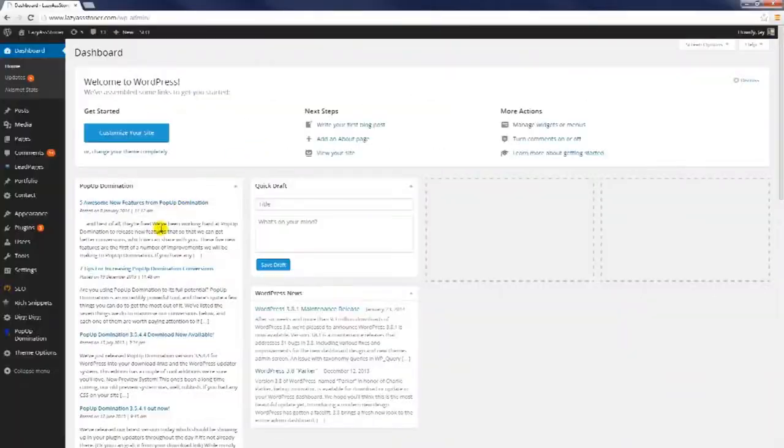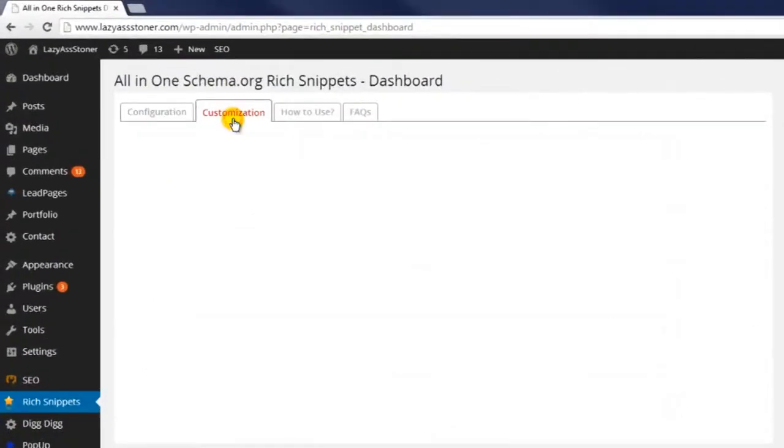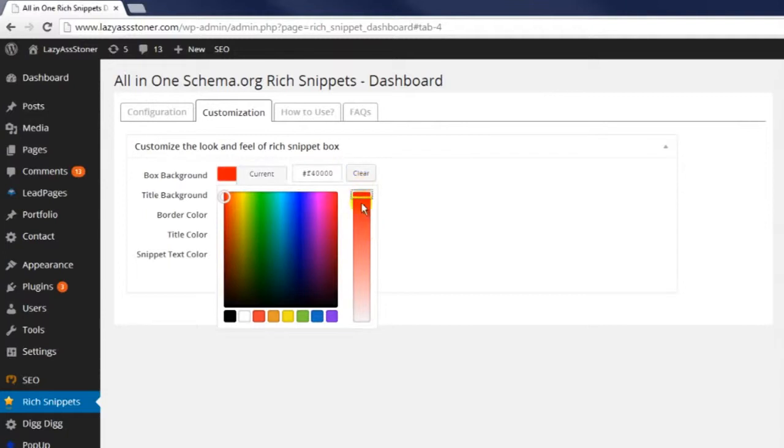Just select the type of rich snippet you want, fill out the details, update your post, preview it in the Structured Data Testing tool, and then you're done. Now, one more thing I should mention is that once you've installed this plugin, there will be a new option in your WordPress control panel called Rich Snippets, where you can customize the way that your Rich Snippets box will look. So for